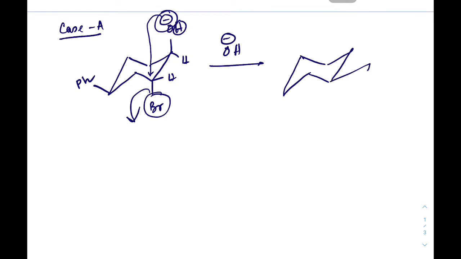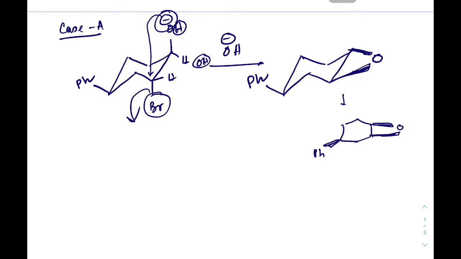Okay, as this epoxide is generated from above the plane, if this OH remained in equatorial position, then that would be below the plane, but as it is attacking from the axial position and you are looking from above, this is an above-the-plane epoxide and it is cis with this phenyl group, which is also above the plane. Okay, and if we draw in planar, it gives this type of product, right?